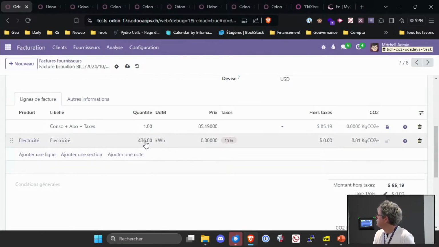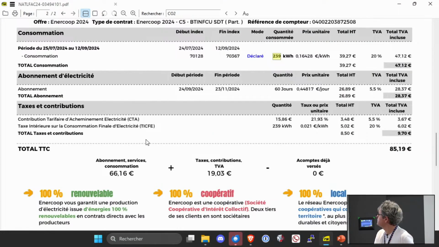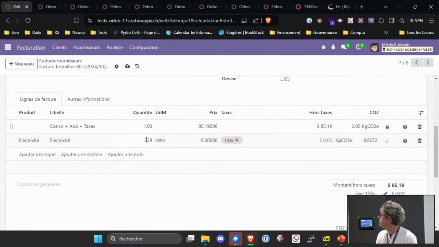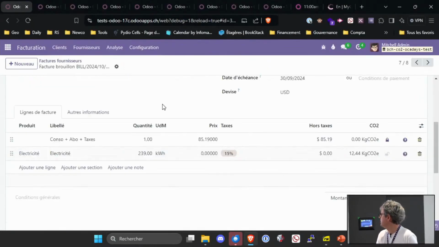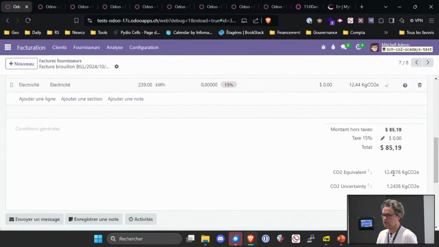And we are consuming, as I was saying, 239. I'm saving, and the data is in the box. It's as simple as this. Meaning your accountant doesn't have to know anything about emission factors or carbon emissions. The carbon is automatically computed and generated.